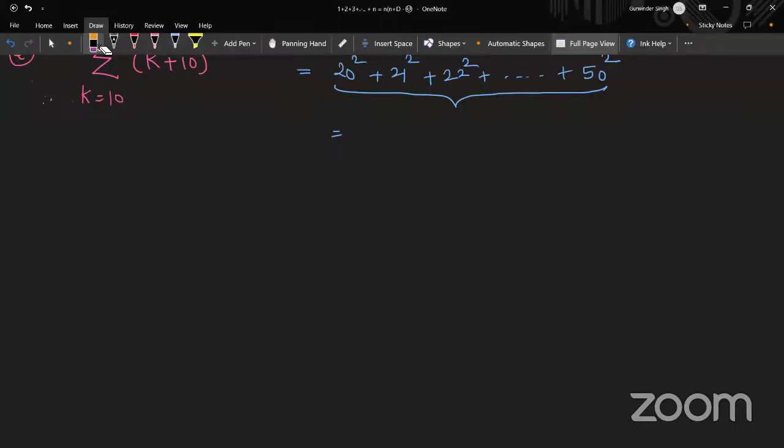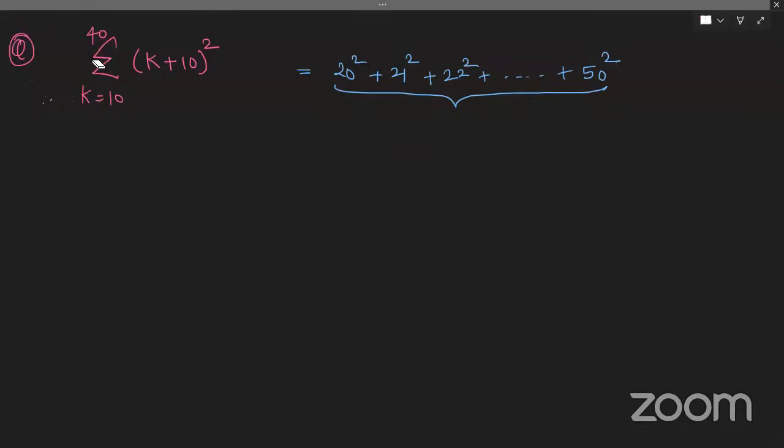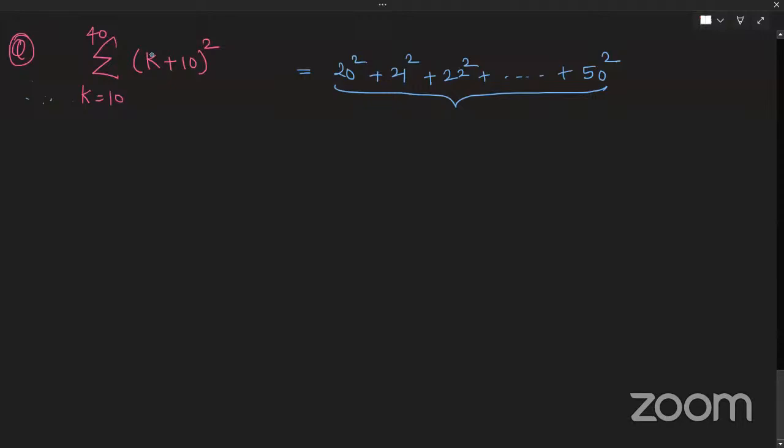I am doing the same thing that we were doing earlier. So I am asking you, how would you solve 20 square plus 21 square, so on up to 50 square? How would you do it? Sum of squares you will use. So you will do the same thing. First, you will take up to 19 square and add it with this sum, and then you will subtract